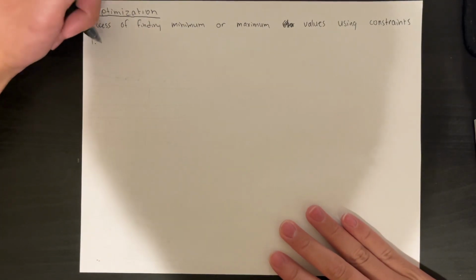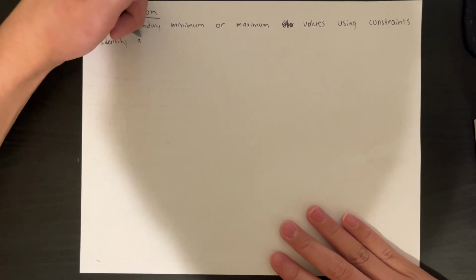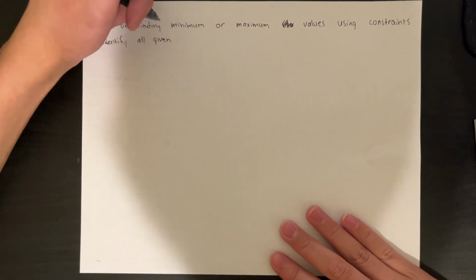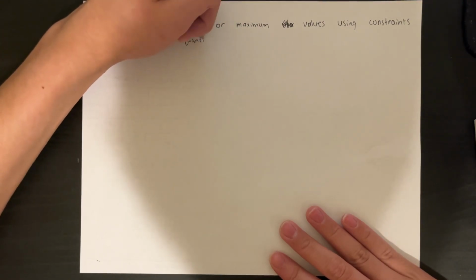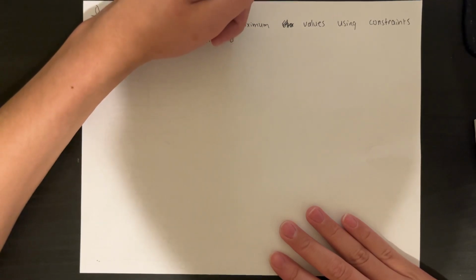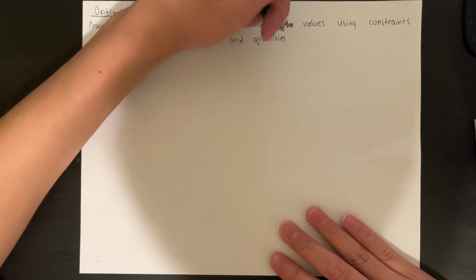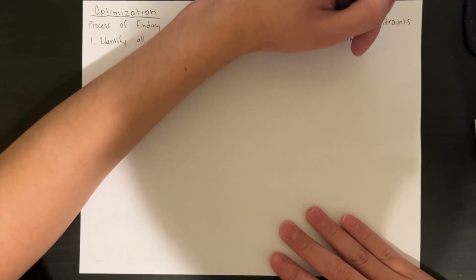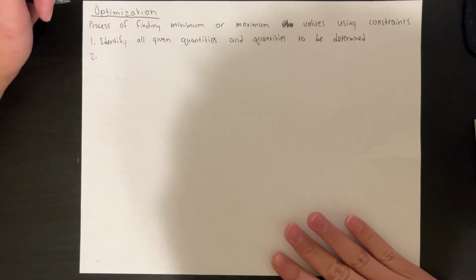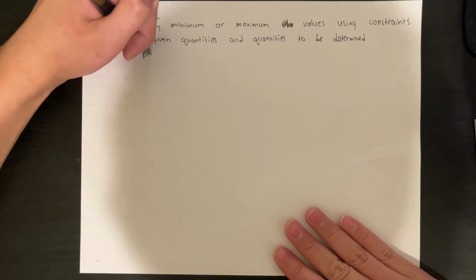First, you want to identify all given quantities and quantities to be determined. 2. Write a primary equation